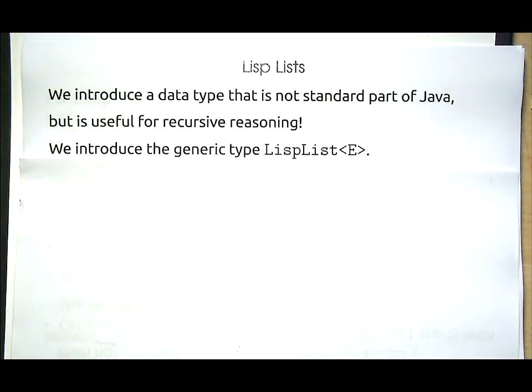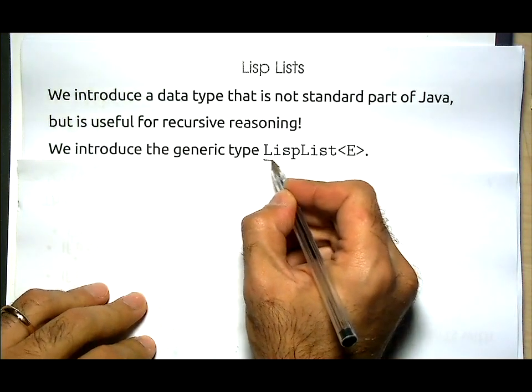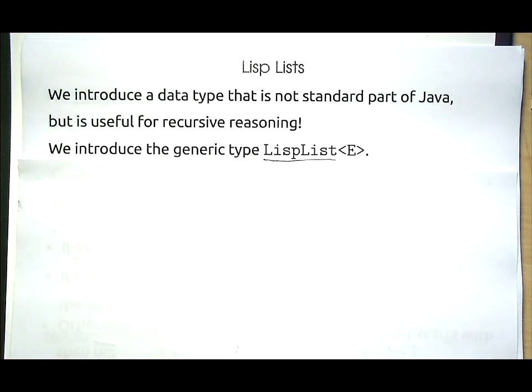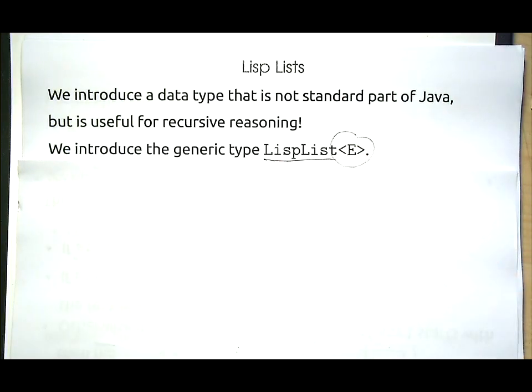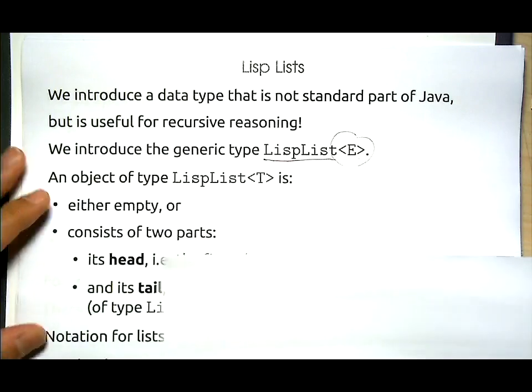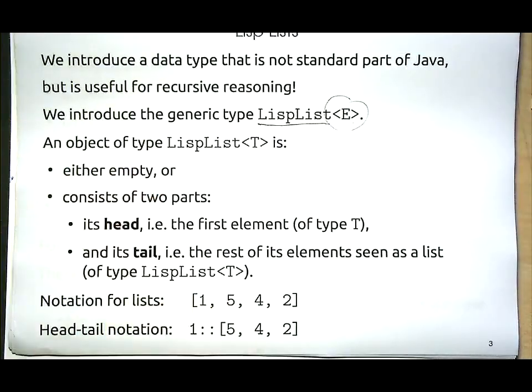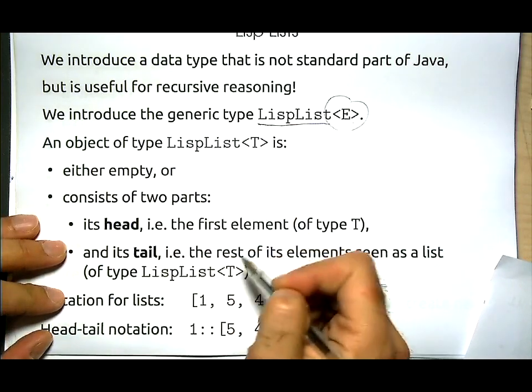So what we'll be seeing today is a data type that is called list, and it represents lists in a very specific way. These lists are not part of Java, so we introduce them, and they're also generic. So a list can be of any type. So it's a list of type E. So let's see. If we have a list of type T, then there can be two cases. Either the list is empty,